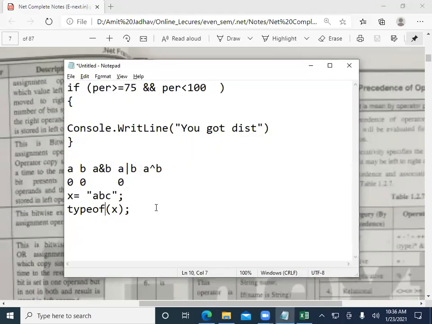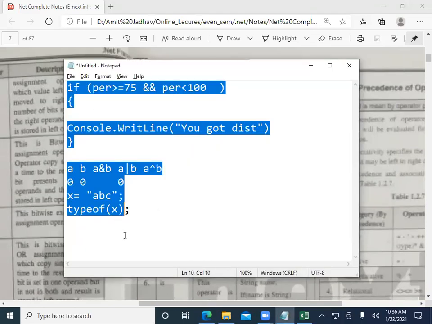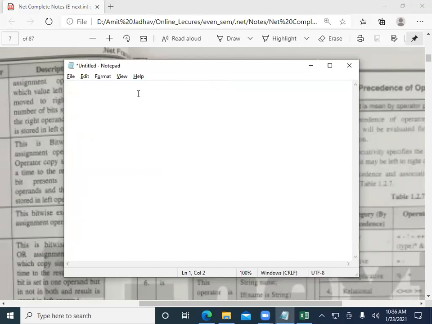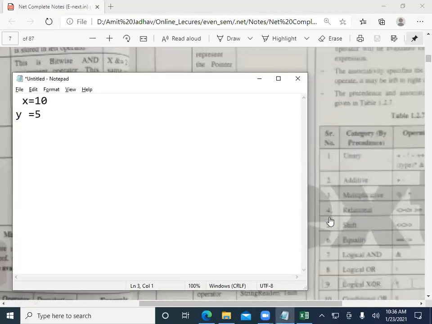So let's check here. Let's see a simple program. If x is equal to 10 and y is equal to 5, and here we check using the ternary operator like this: x greater than y question mark x colon y.